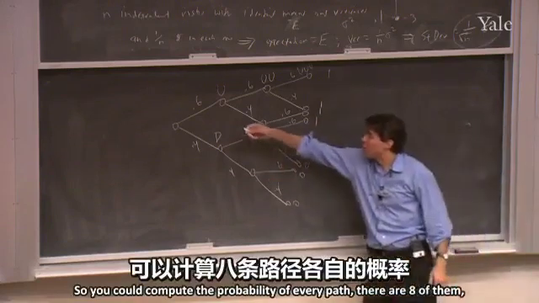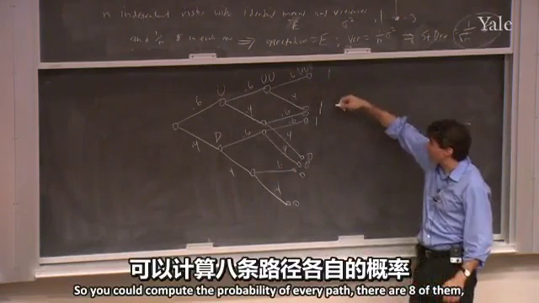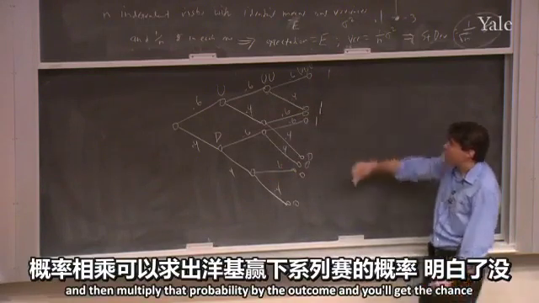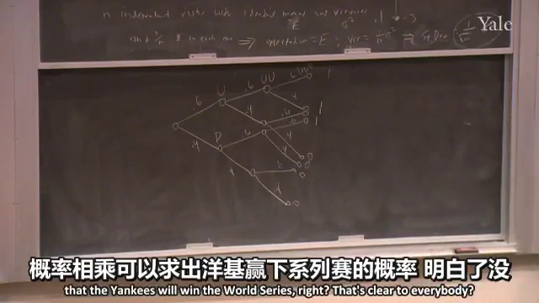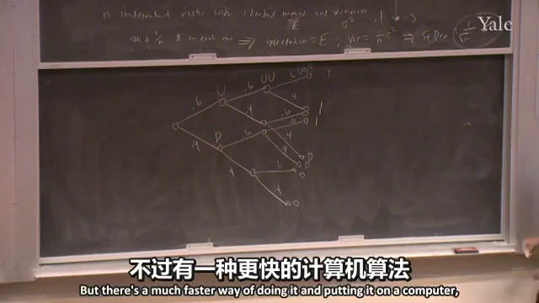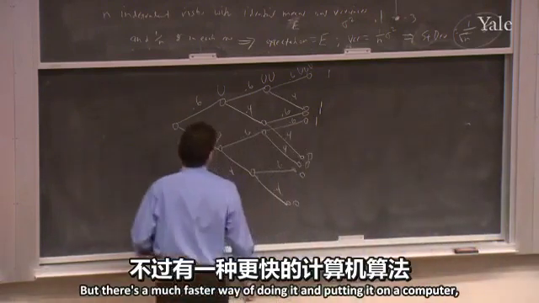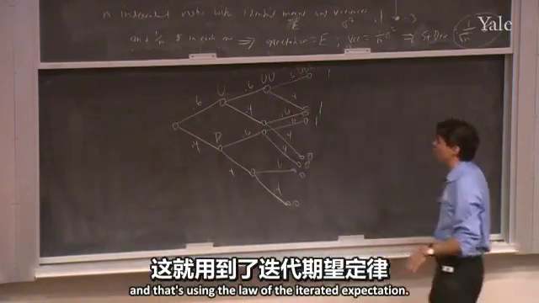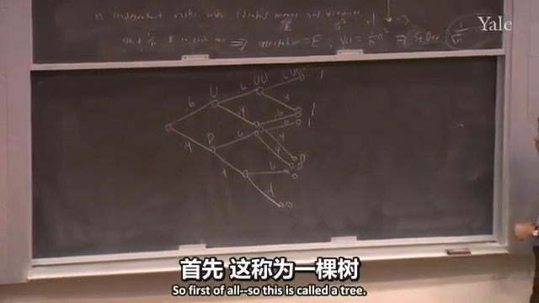So you could compute the probability of every path. There are 8 of them. And then multiply that probability by the outcome, and you'll get the chance that the Yankees will win the World Series. Right? That's clear to everybody? But there's a much faster way of doing it and putting it on a computer. Okay? And that's using the law of the iterated expectation. So first of all,